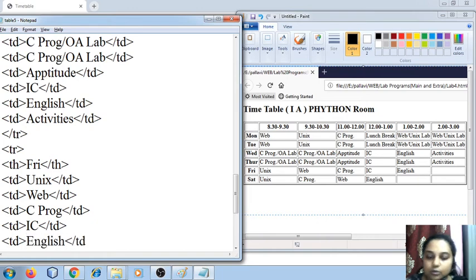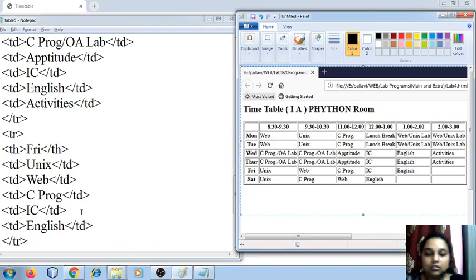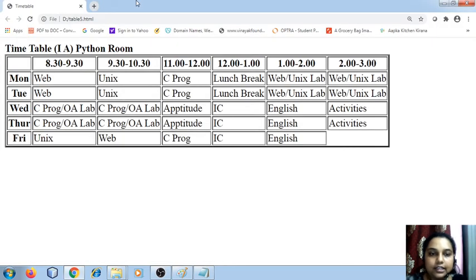Okay, so I'm going to close the table data. Close the row because that is the last one. Click here and I say refresh. So we have found out the 5th row is being created.